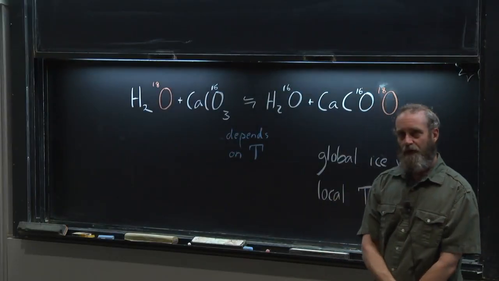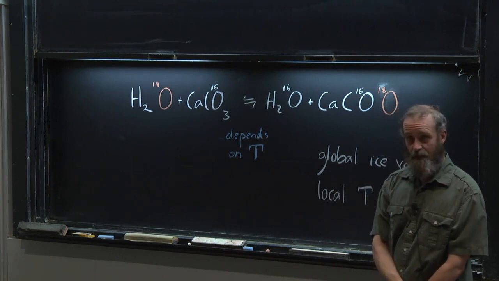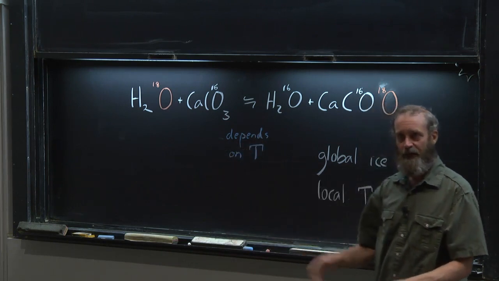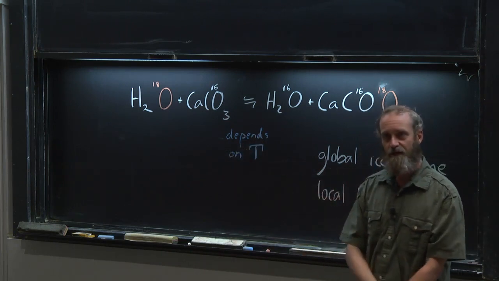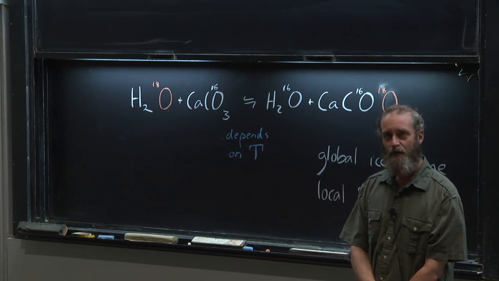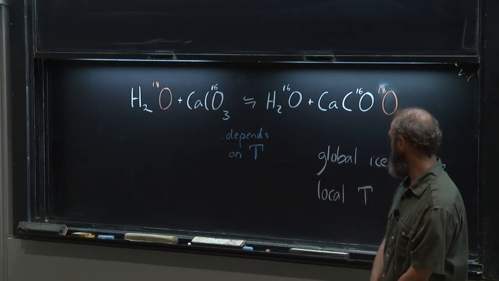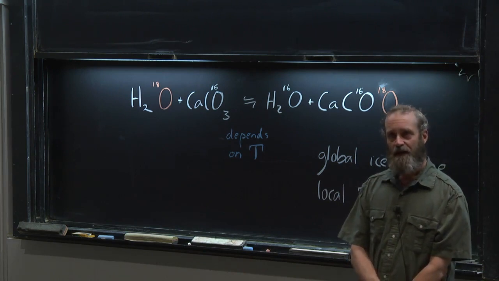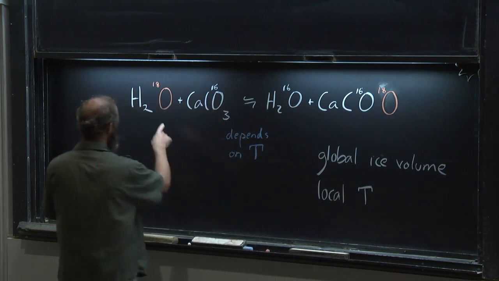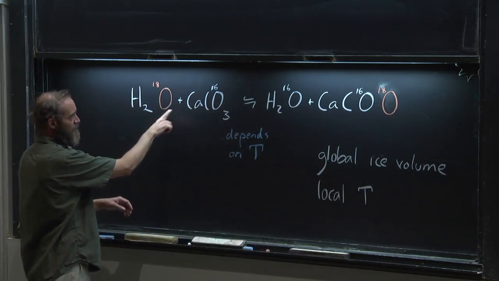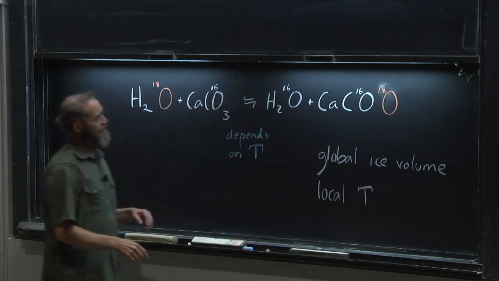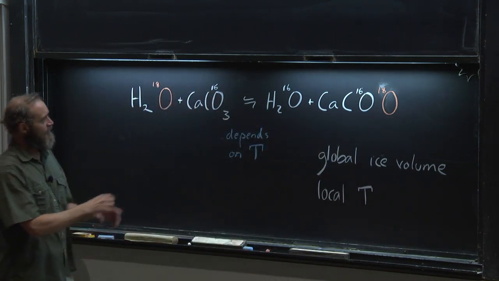So we can measure the oxygen isotopic composition of the ice just by putting it in a mass spectrometer and counting the different kinds of atoms. But we can also figure out what the isotopic composition of the ocean was in the past from sediment cores by looking at the oxygen in calcium carbonate. So here's an equilibrium reaction where we're exchanging this heavy oxygen for the 2 light oxygens in this calcium carbonate here. And it turns out that